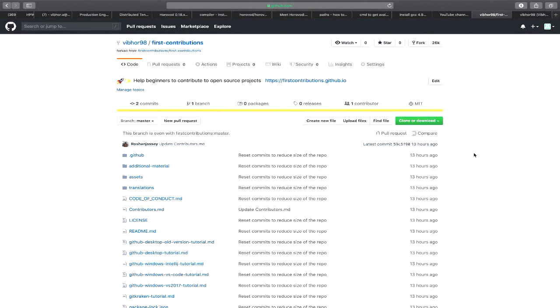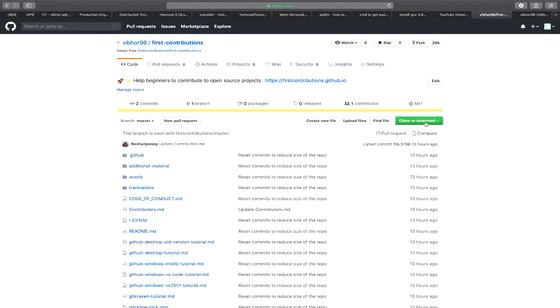Now why do we need to fork? Basically all the open source organizations don't allow us to make changes to it, right? The procedure is to make changes in our local copy, means any code changes or documentation change, and then you need to file a pull request to it so that they can merge it, and the merge right is only given to the maintainers of the project, not you, not the initial new open source contributors, right?